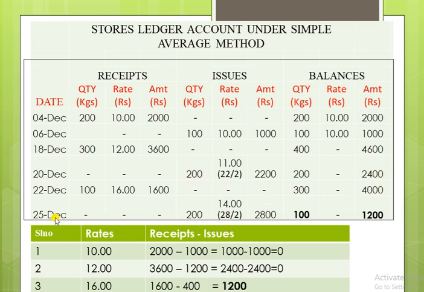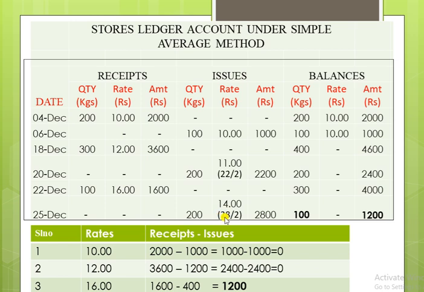So you can add. Again the last transaction is on 25th December. So on 25th December we have issued 200. If you want to issue any amount or any quantity, you have to specify which rate we have to consider. So already the 10 rupees rate has been sold or issued. So now we have to consider only two rates, that is 12 and 16. So 12 and 16 becomes 28. So how many rates is it? 2 rates. In some problems you can also get 3 rates. At that time you have to divide by 3, 4, whatever it is. So here 2 rates have to be considered.